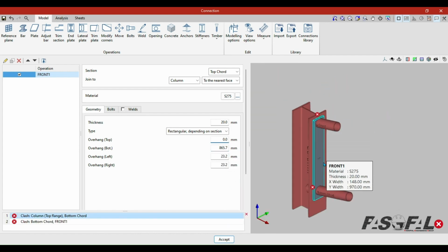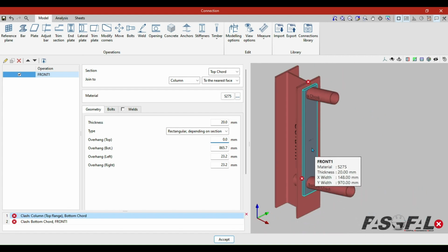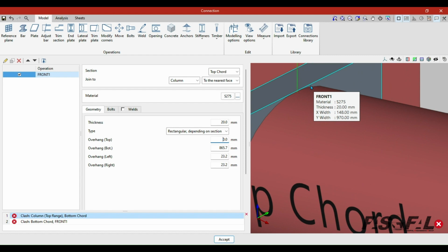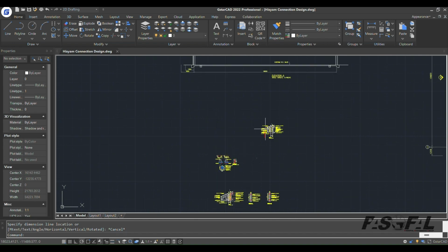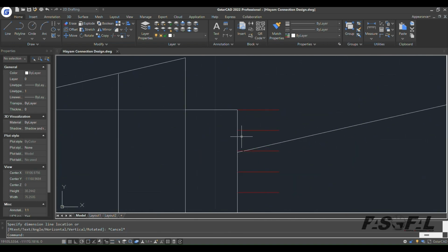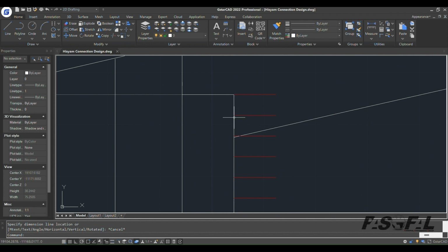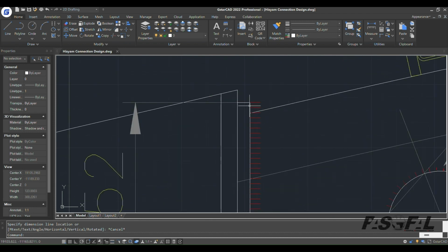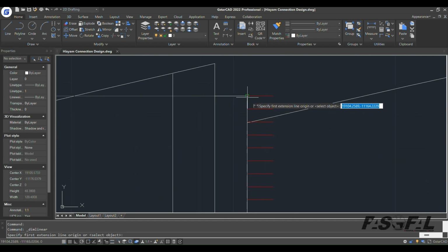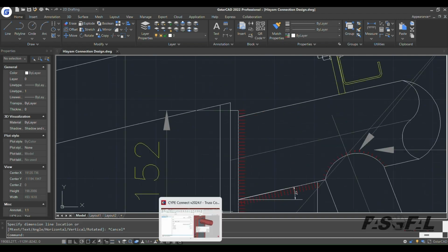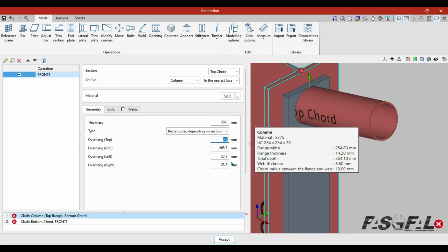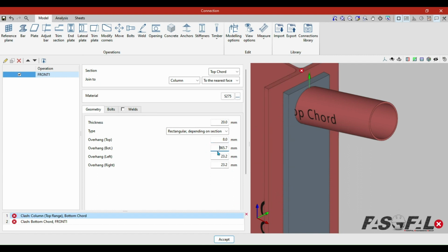Okay, so now I have this one which is here. Let's say here a little bit, if you look at the drawing, you have a little bit of the overhang at the top of the member CHS sections. So you can say that from here to here is about 8 mm. You can also correct this, which means at the top you can go for 8 mm, and then deduct the 8 mm from here, which means it will become